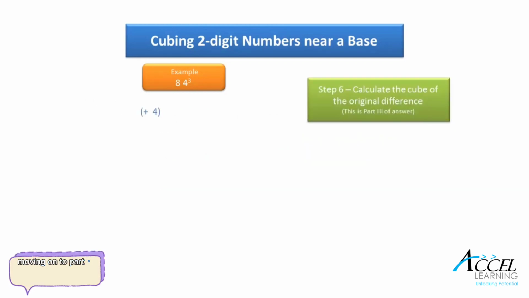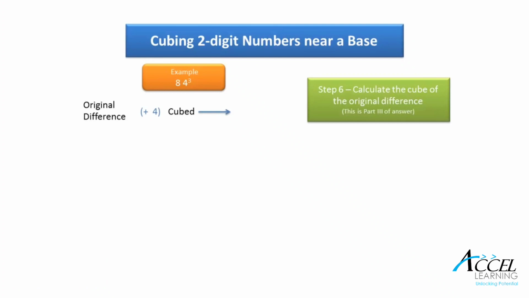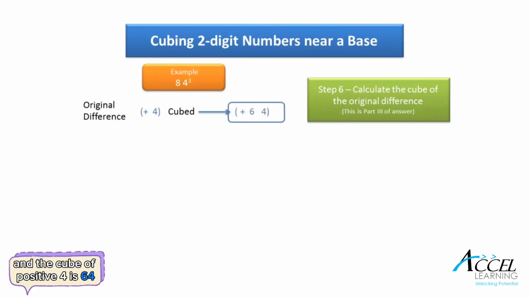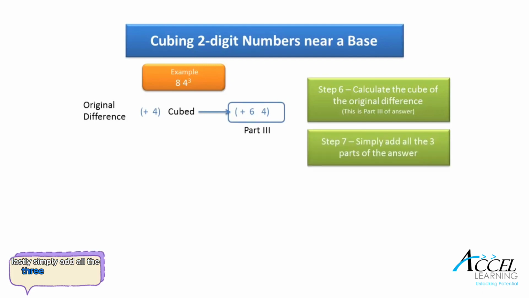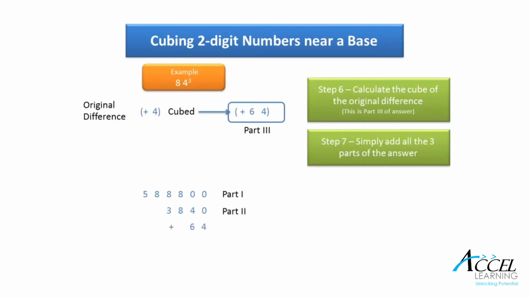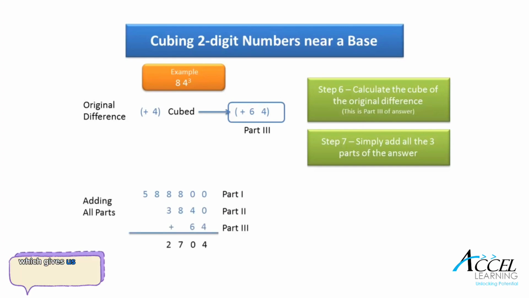Moving on to part 3 and the final part of the answer, calculate the cube of the original difference. And the cube of positive 4 is 64. Lastly, simply add all the 3 parts of the answer, which gives us the final answer of 84 cubed, which is